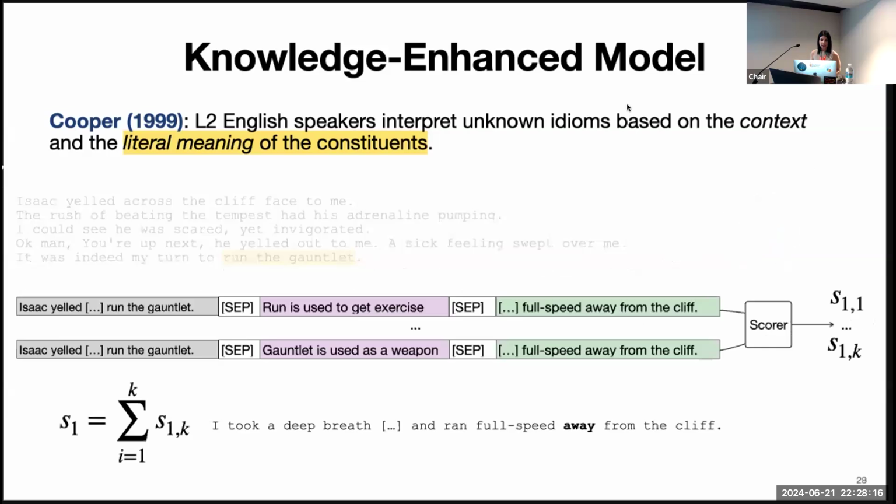We took the top two inferences for each of the six ConceptNet relations, and then we trained a scorer that was very similar to our RoBERTa baseline, but it predicted a score for each combination of the narrative, a single inference, and continuation. And then the score for each continuation was the sum of scores across the different inferences. And so the model was trained end to end. We didn't have any direct supervision for the inferences, but we only had the supervision for the correct continuation.